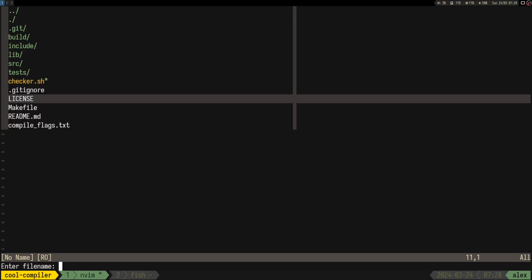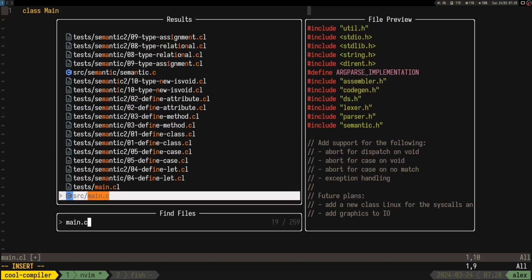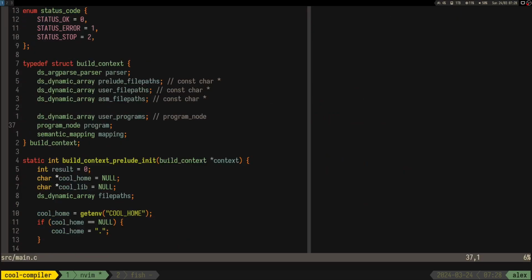So let's do all of the files in here. Let's create a main.cl file. Off screen, I implemented a better build tool. I created this build context class. You can see it has a list of all the user programs. It might sound like you can have multiple files, and yeah, you actually can have multiple files. It also has